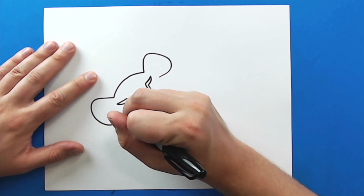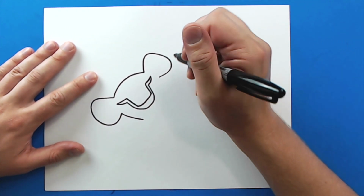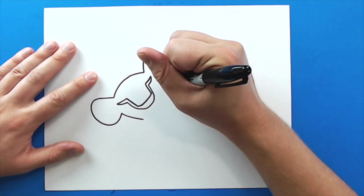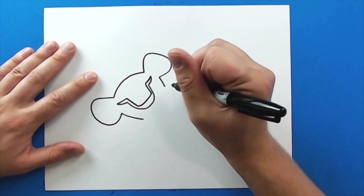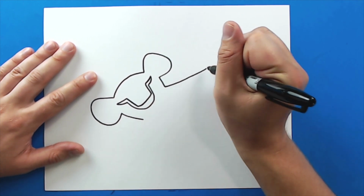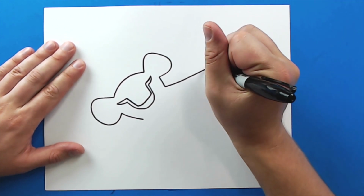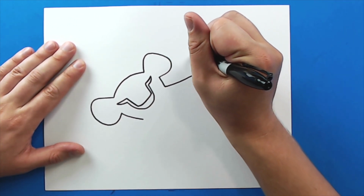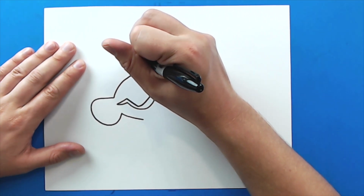Then, starting here, I'm just going to draw a line that curves down for the side of the face. And then I'm going to do the same thing over here. Then I'm going to make a line that goes up for the back. And then I'm going to draw a line that comes around here and goes all the way by the head